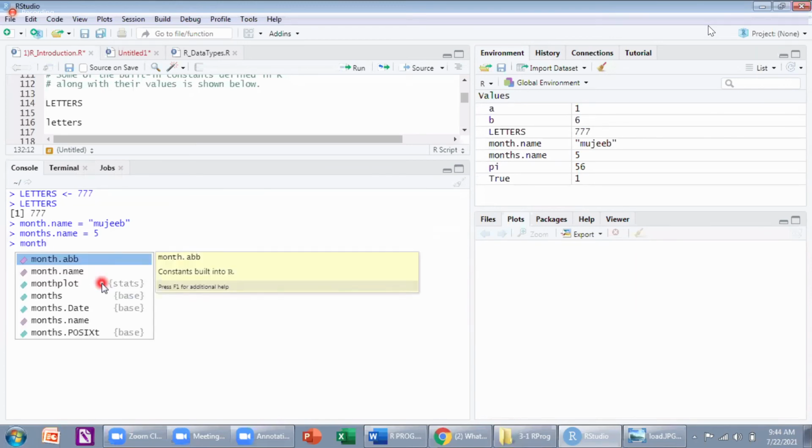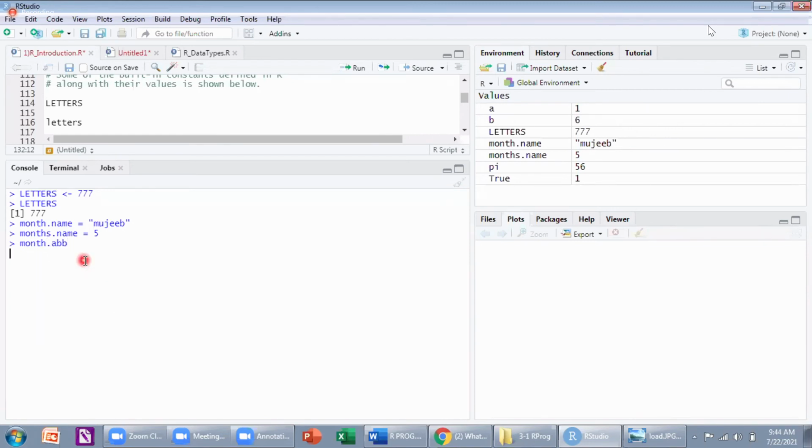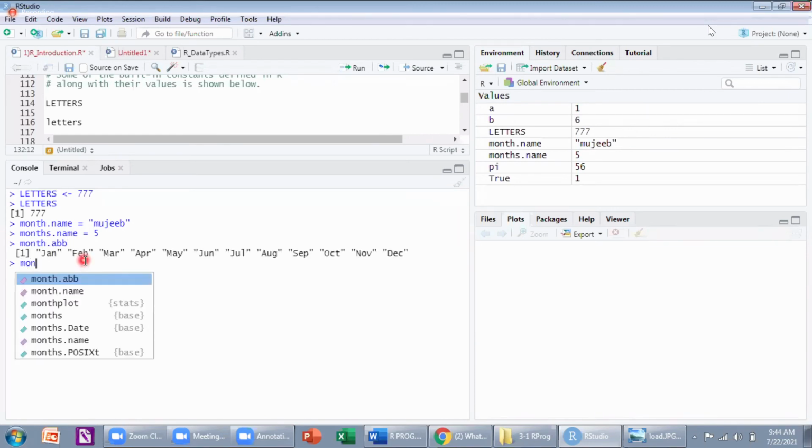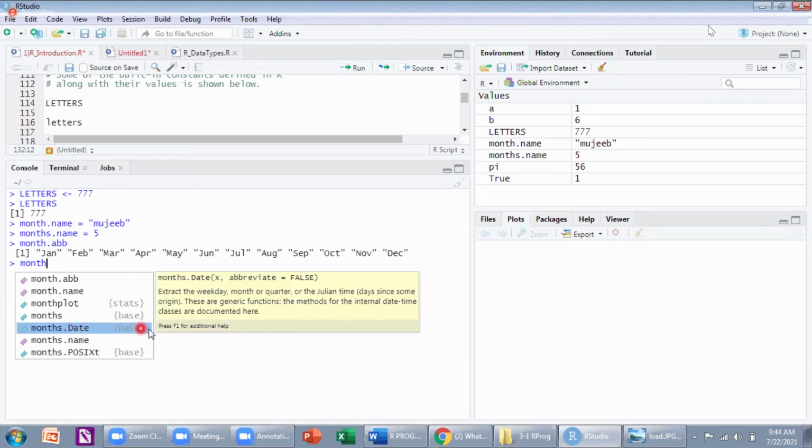Is it giving suggestions? Months dot ABB, some suggestions. See here, right side, can you see? Constant built in R. If I click on this, it gives me abbreviation. Not only this, we have many things. Months dot name.